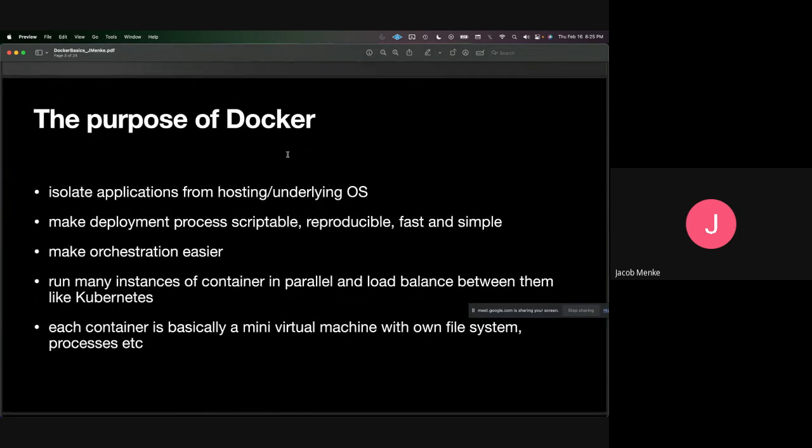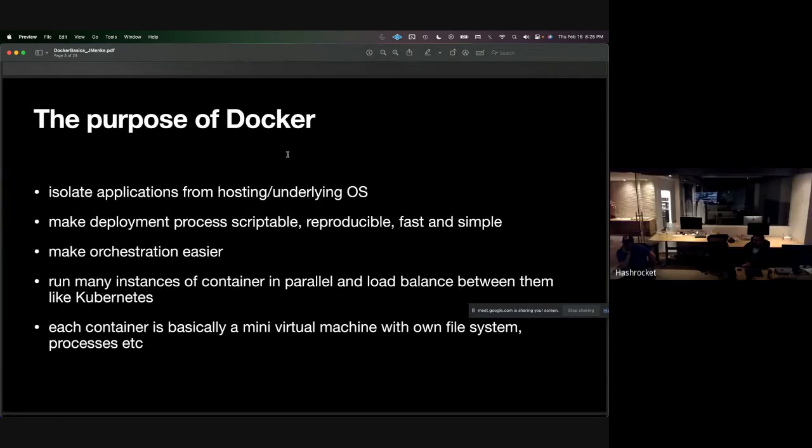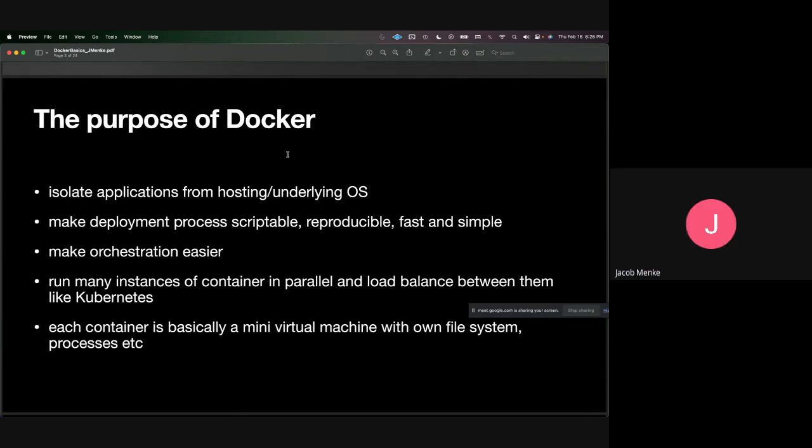So don't throw it in the trash outright. Give it a chance. Yeah, if you don't like Docker Desktop, guess what? There's tons of other alternatives. Go and look at Podman, go and look at all these other alternatives for using container technologies. So containers are really a huge revolution in software deployment. So nowadays it's at the point where